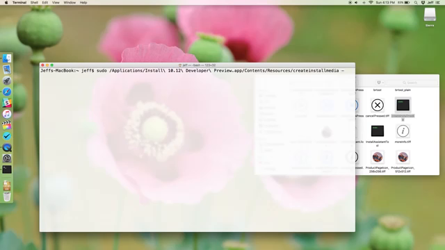Now you want to put in --volume, then a space, and then we want to drag in our flash drive and drop it. So it's going to place the path of the flash drive right there in the terminal. All right, then --